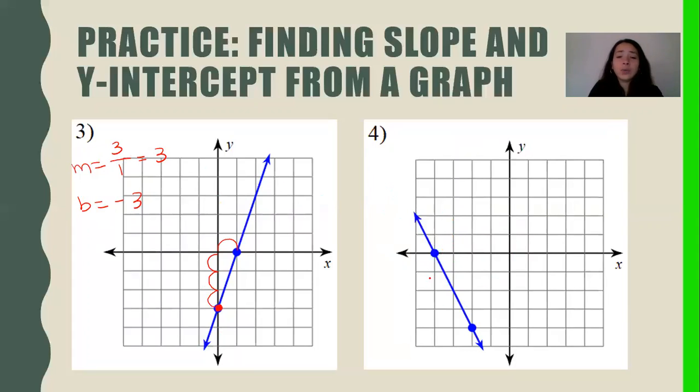Number 4. So again, our slope is my snowboarder is going down, so it's a negative slope. It goes down 1, 2, 3, 4 times. It goes this way twice. Again, I could have chosen this point instead, and that would make it 2 over 1 or 2. And my y-intercept, we don't know it, because if it kept going, we would be able to figure it out. But for this one, we're not sure yet.